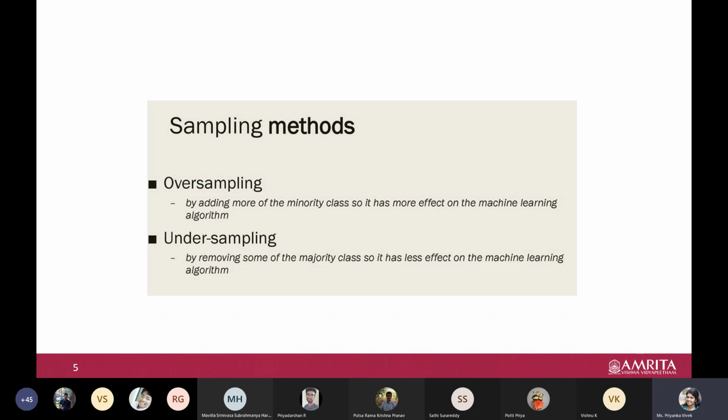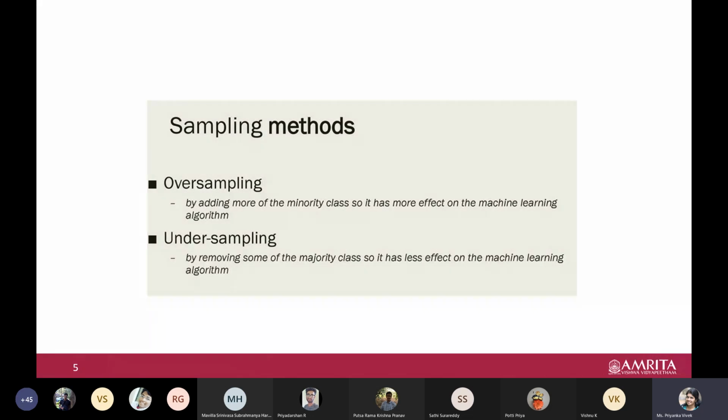So we have oversampling and undersampling. From the terminology, it is clear that oversampling means we are adding. So what are the minority and majority classes? The class with more samples is called the majority class, and the minority is the class with fewer samples. In our case, we said 1900 samples are in the no class, that is, cancer equal to no. That is our majority class, whereas 100 samples are in our positive class, cancer equal to yes. That is our minority class.